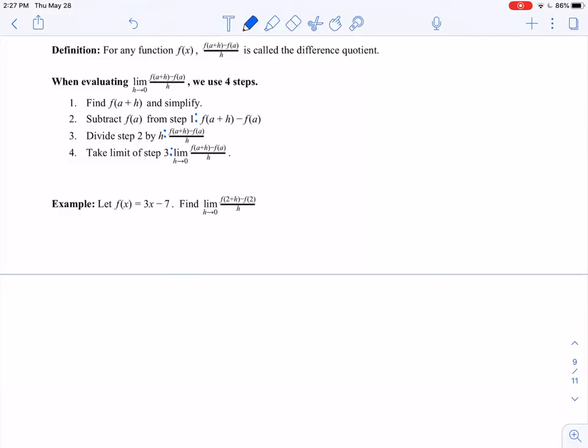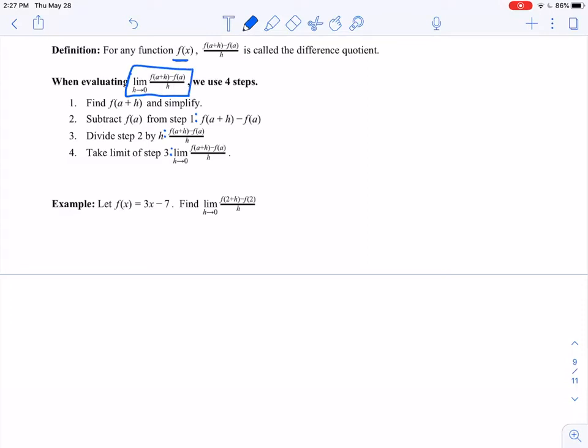of difference quotients. So a difference quotient is, for any function f of x, we have f of a plus h minus f of a divided by h. Here a is just a stand-in for some arbitrary constant, right? So a could be 2, 3, 4, 5, whatever you want it to be. So this expression is called the difference quotient, and oftentimes I want to evaluate the limit as h approaches 0